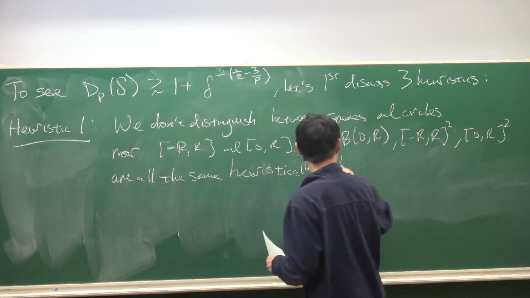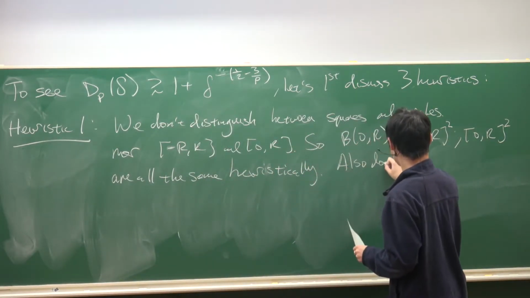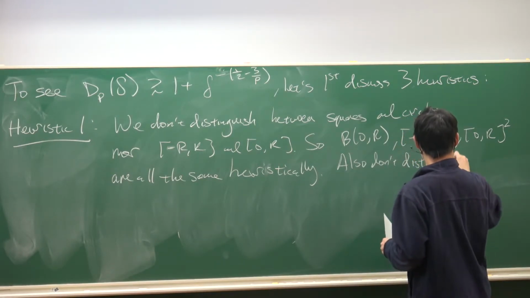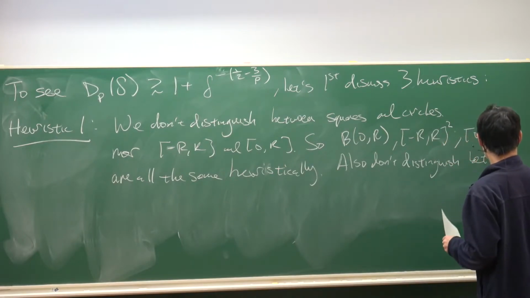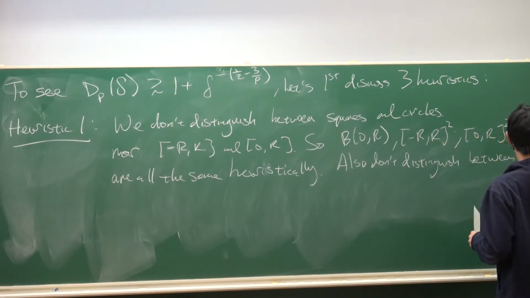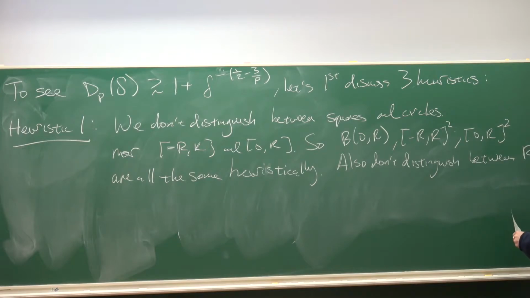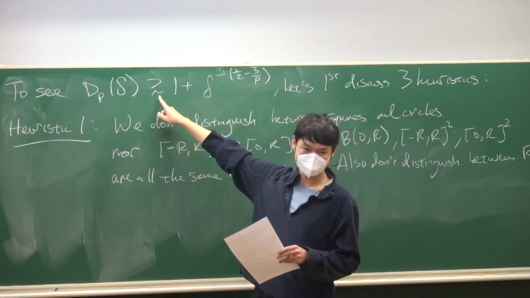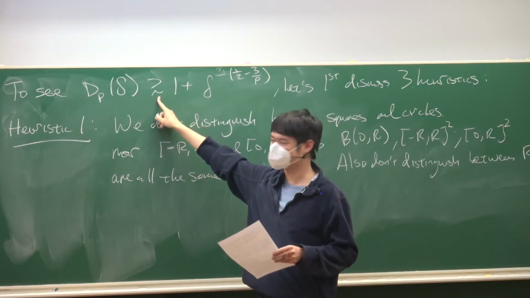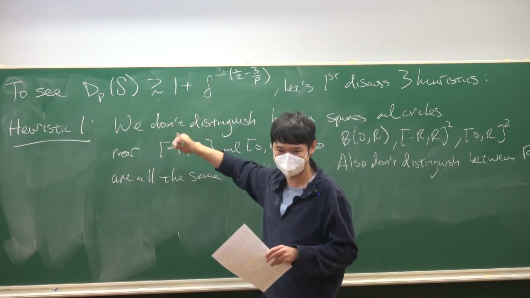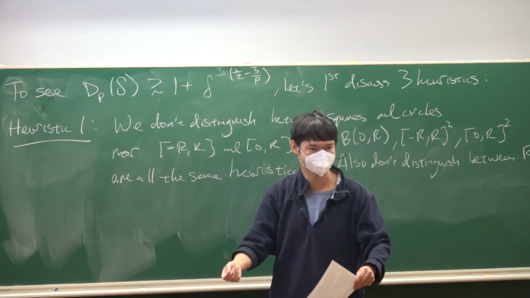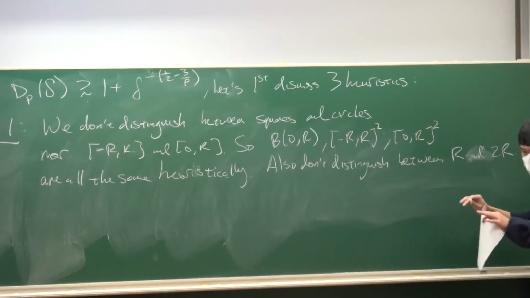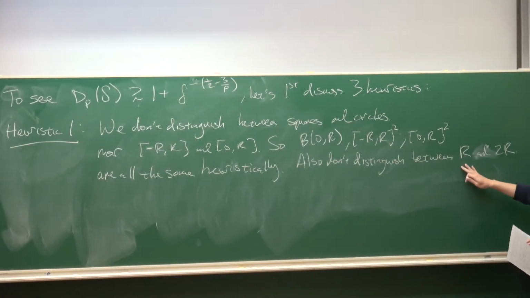Okay, and we also don't distinguish between r and 2r. They're all conveniently the same, unless you want really explicit constants. If you want to write down that dp of delta is bigger than 10 to the million times this guy, then yeah, you do need to distinguish. But thankfully, at least at a heuristic level, this allows us to not care about r and